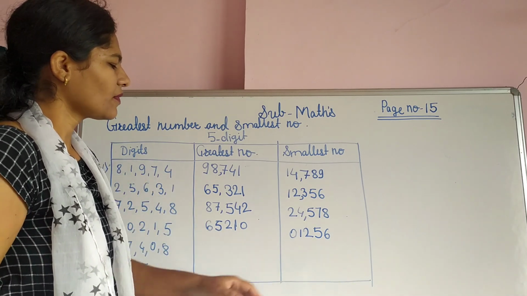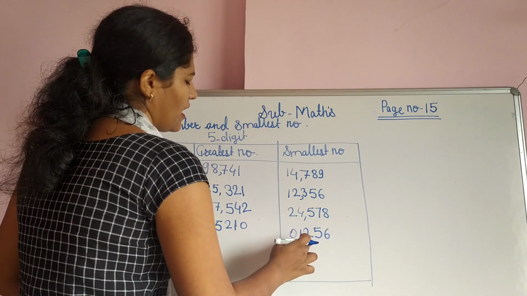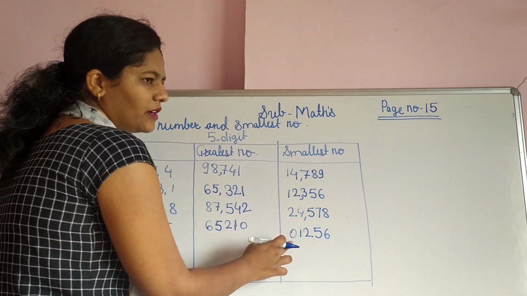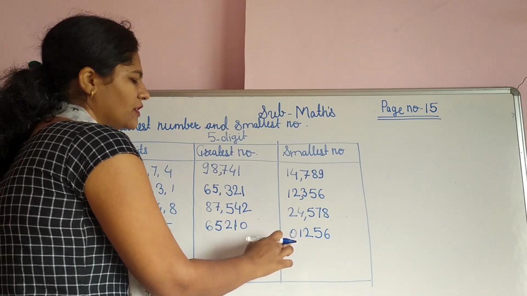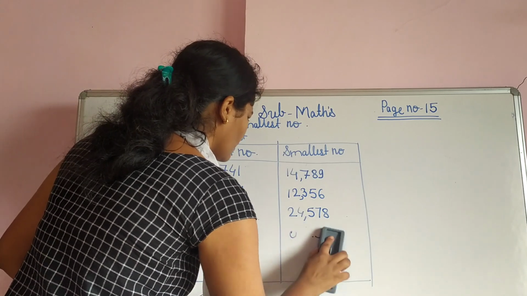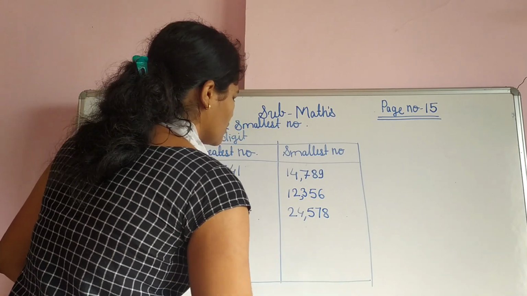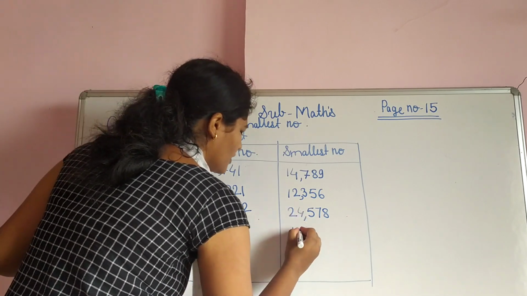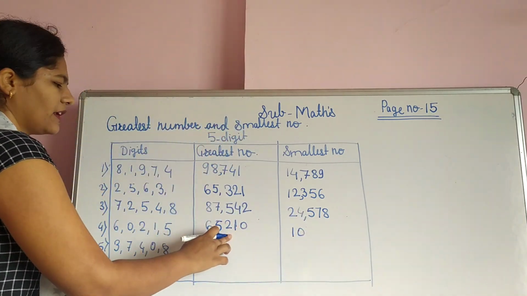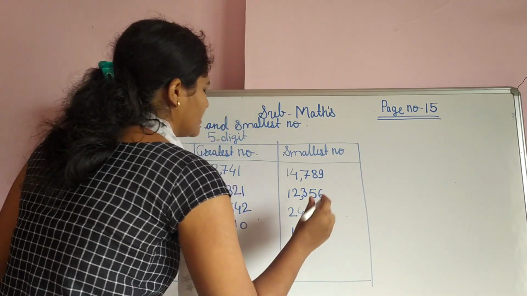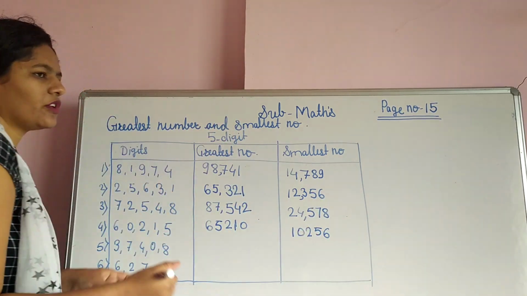How it is? See, this is a ones, tens, 100 and 1000. Means it is a 4 digit number. We can't count. This is on a 10,000 place. So this is not. So how to do this one? So firstly we write 1. Then 0. Then which one is the next number? That is a 2, 5 and 6. So this is the smallest number.